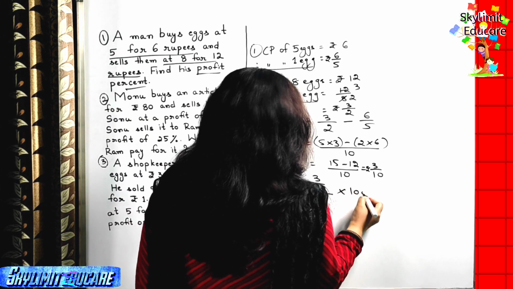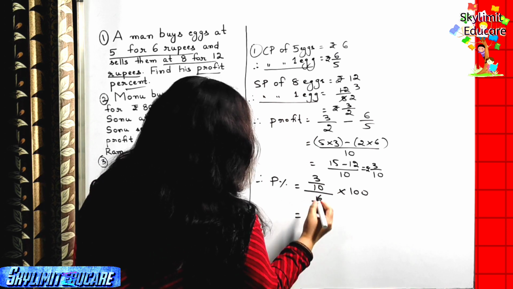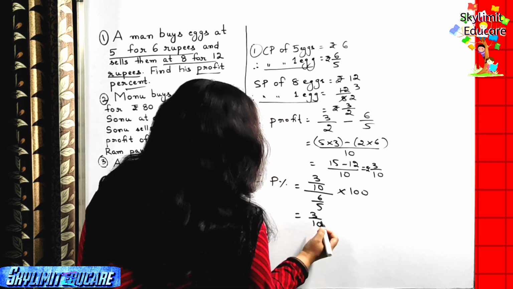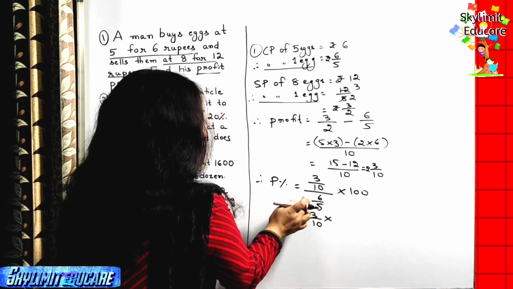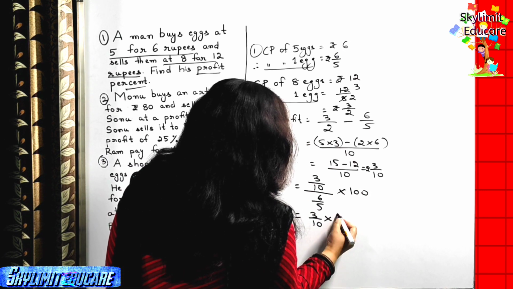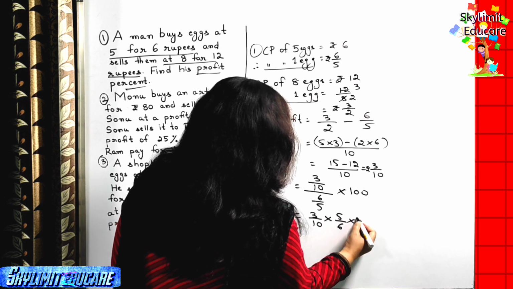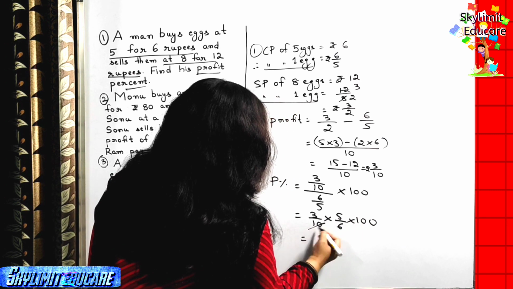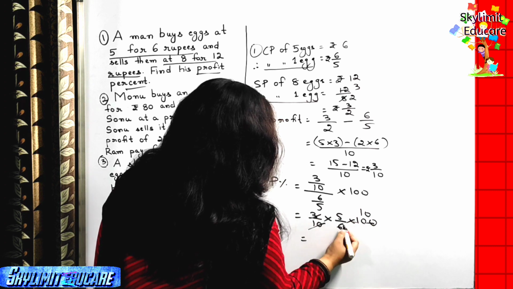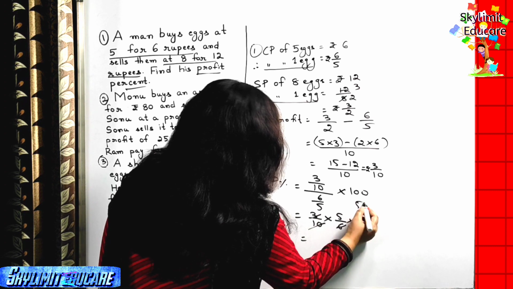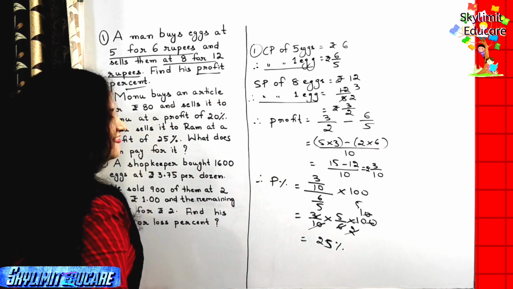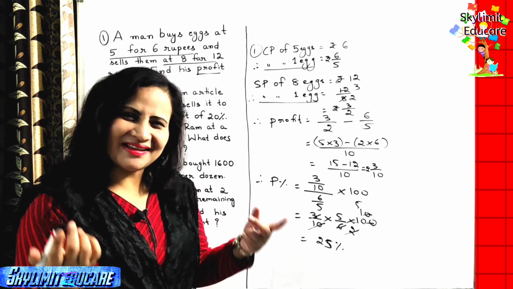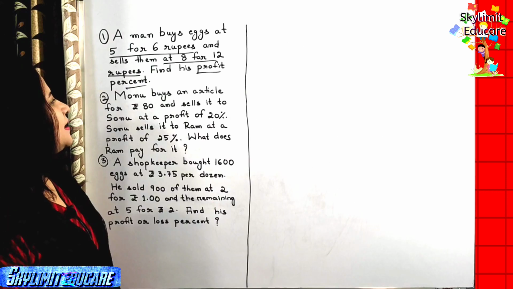Multiplied to 100. So now you know this is now a compound fraction, a complex fraction. So how are we going to solve it? It is the same as 3 by 10 divided by 6 by 5. So when you are multiplying, the reciprocal or the multiplicative inverse of 6 by 5 is 5 by 6 multiplied to 100. So that gives us 10 tens are 100, 3 twos are 6, 2 fives are 10. So the profit percent is 25%. Okay, I think the idea is quite clear to everyone.